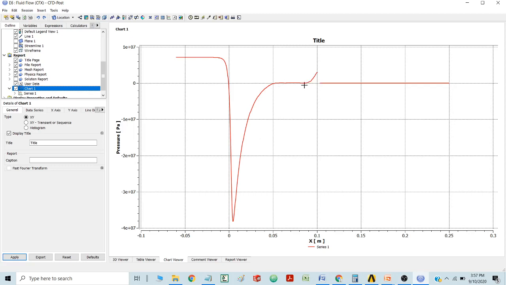It is again reaching a certain level, and at this particular point where I am putting the cursor, this place is where the fluid is hitting the plate. Otherwise it has achieved atmospheric pressure, relative pressure 0, at this particular point. Here we have the exit.